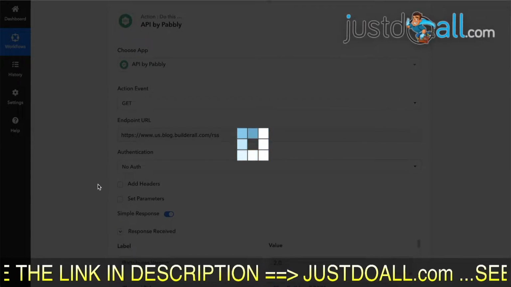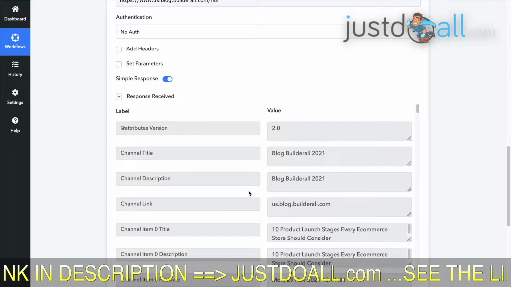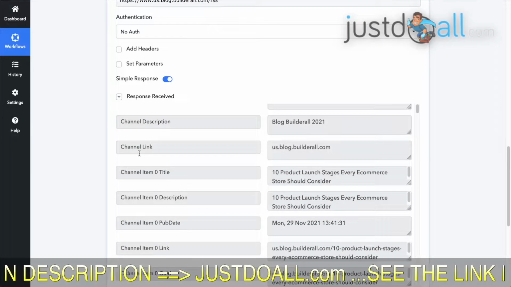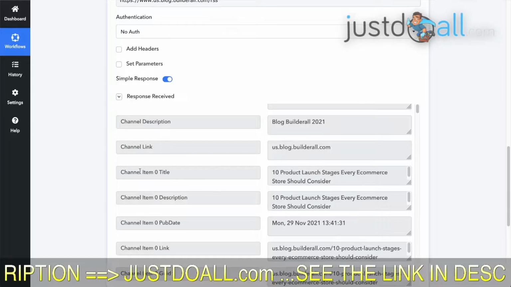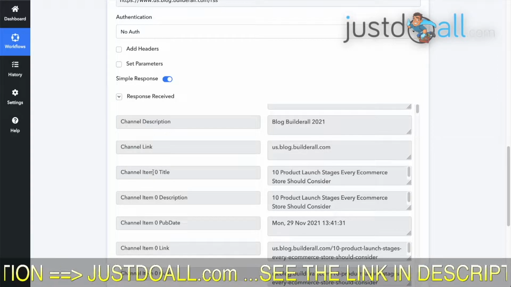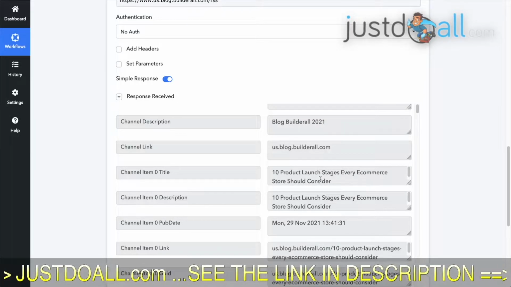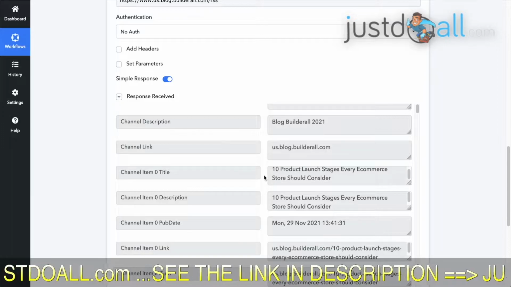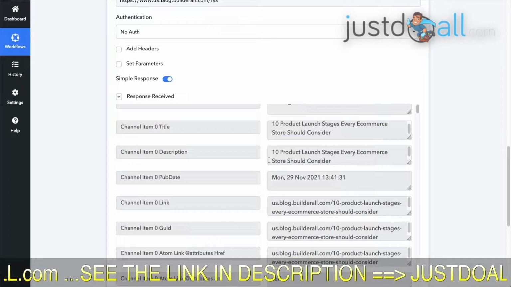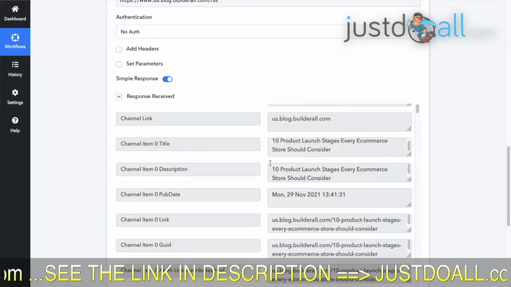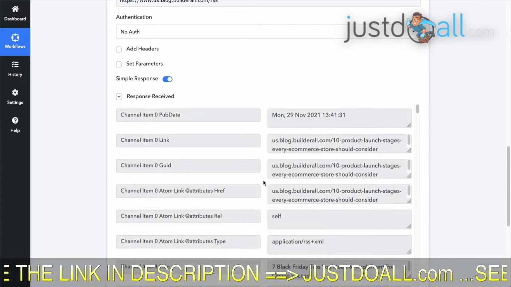And you will see, basically, we get the same as when we look at it, but it's clearly ordered. So in fact, in channel item 0 title, we get the title of the last article. But what is funny is that when we looked at it, it was 21 ways to do something.